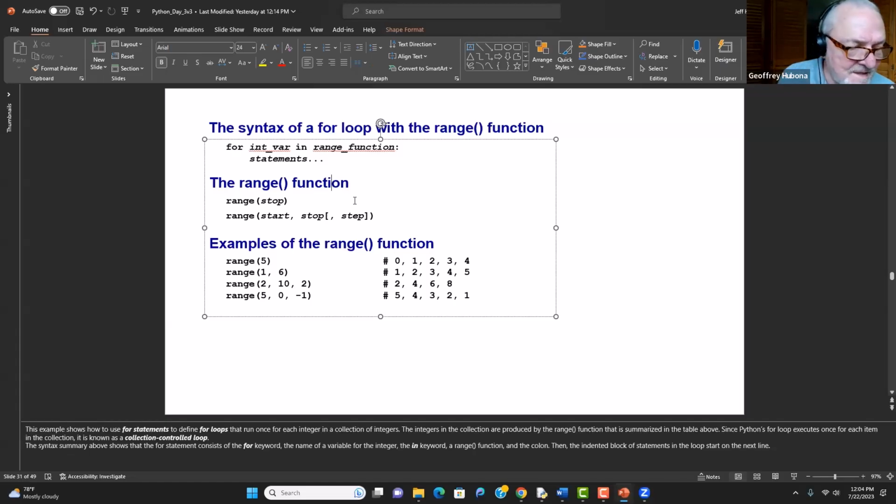Python starts counting at 0, which is not unique to Python. It's not like that in R. In R, it starts counting at 1, but in Python, you start counting at 0. So range stops when you get to what appears to be the upper limit. When this int var is 5,